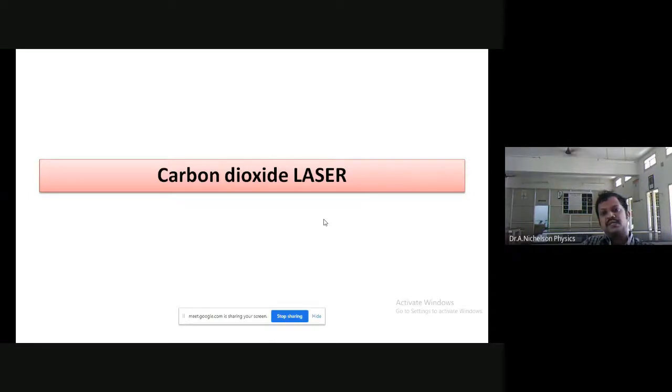In the previous class, we studied the solid state laser, that is the ND YAG laser, neodymium YAG laser. Another type is the ruby laser. The ruby laser was the first laser invented by humans. It was invented by Maiman, T.H., in the year 1960, I think 60 or 61. So that was the first laser invented by humans.